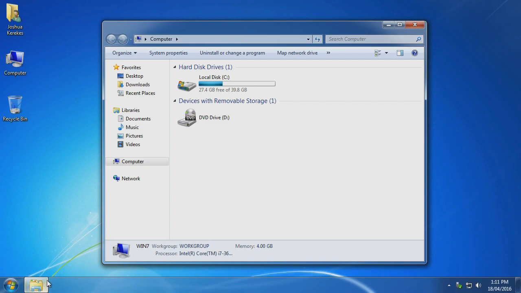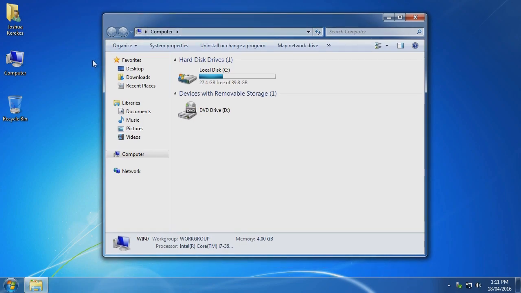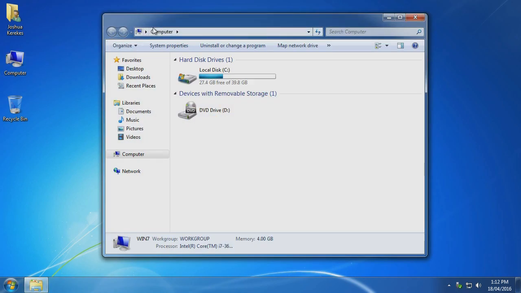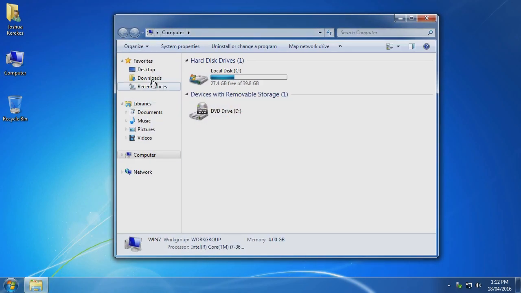See how it's highlighted white? It means that application is running. If you don't pin the icon to the start bar, when you close the last window of that application, the icon will disappear. If I wanted to pin that application back, all I need to do is open it once,